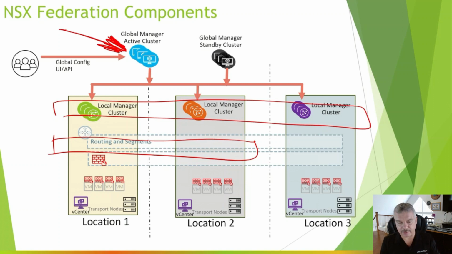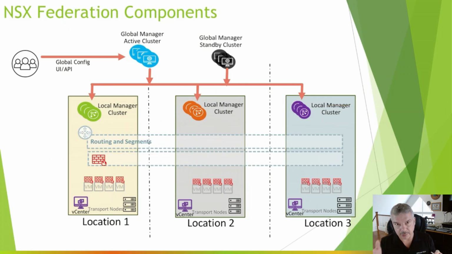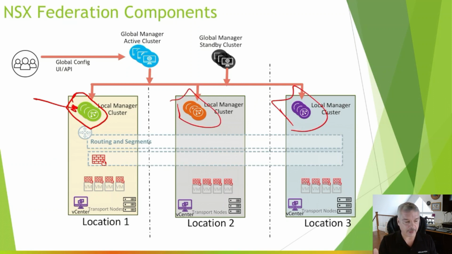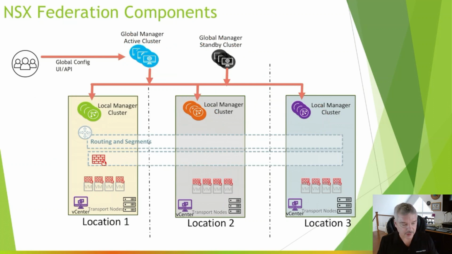Now, one of the things, if you haven't noticed already, this thing has a pretty heavy footprint. So I've got my local manager cluster. That's your NSX manager cluster. Remember, you got 3 nodes. Now, in my example here, I got 3 locations, so that's 9 altogether. Then I have 3 for my global manager cluster and another 3 for this standby. So again, that's 5 times 3. That's 15 appliances. Now, if we go all the way up to 16, you folks do the math. Pretty heavy footprint. There are advantages of that because now each location has its own